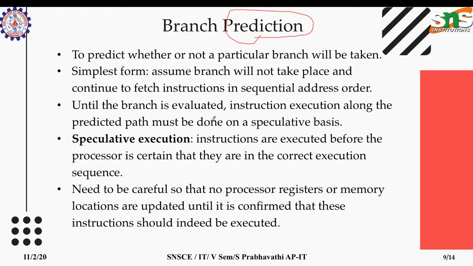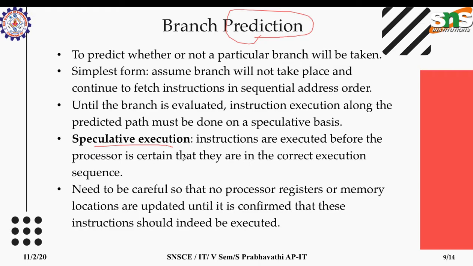Those are the speculative execution, and it has to wait until the branch instruction gives the right target address, whether the executed instruction is right or wrong. Okay, so that's where the concept called speculation in execution comes in. It means the instructions are executed before the processor confirms that the execution is correct.